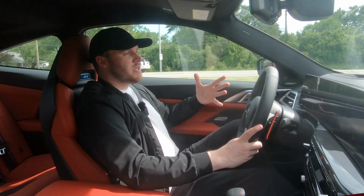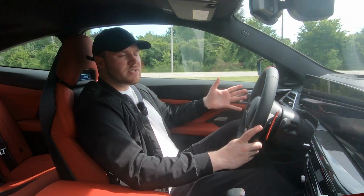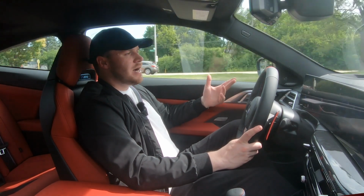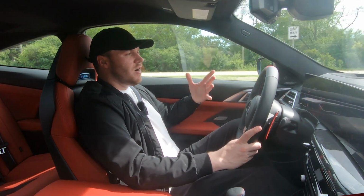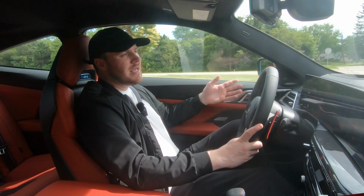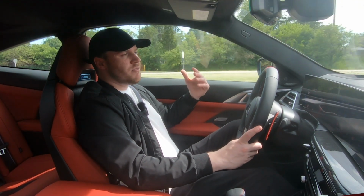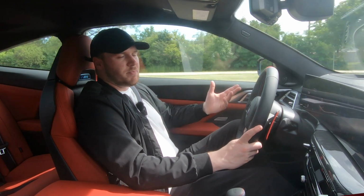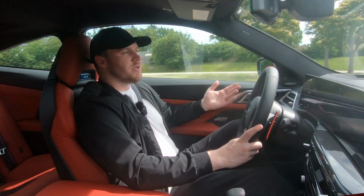But I don't think that owners or potential owners of this car care about that very much. Does it have the softest ride in the world? No. Is it going to be a little bit bumpy over a long journey? Yes. Are you going to feel every manhole cover, every crack in the highway? Yes, but it's not the worst, I'll say. It's definitely bearable. It's worth putting up with to be behind the wheel of one of these, that's